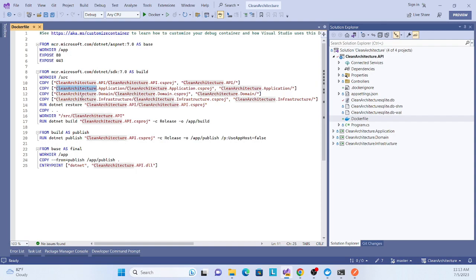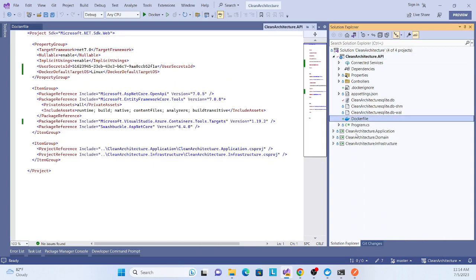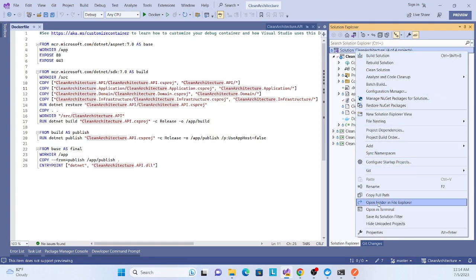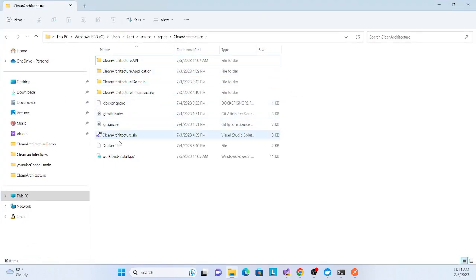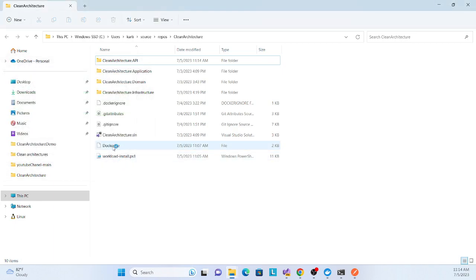And this is also not the right way to put your Dockerfile here. So what I can do is move it from here to the root directory, our solution root directory. Just cut from here, open your solution root directory, and paste it over here, replacing it. It was there by mistake previously, so that's why I replaced it. But when you start, you will not find any Dockerfile, so just paste it in the root directory.